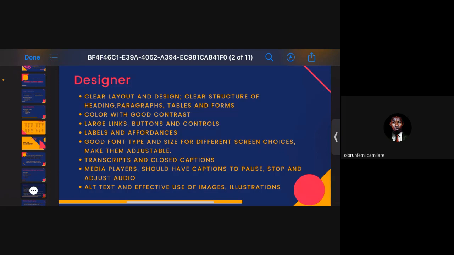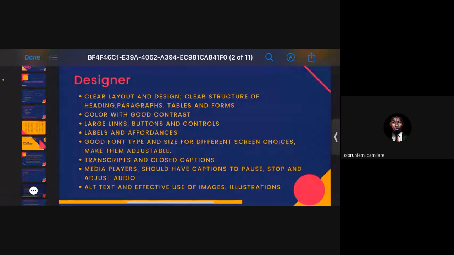So the next one is good font type and size for different screen choices, and make them adjustable. Like I said, aside from being blind, some people have eye defects like myopia, hypermetropia. I don't know which one is which, but I know that some people see things very far and some see them very close, right?